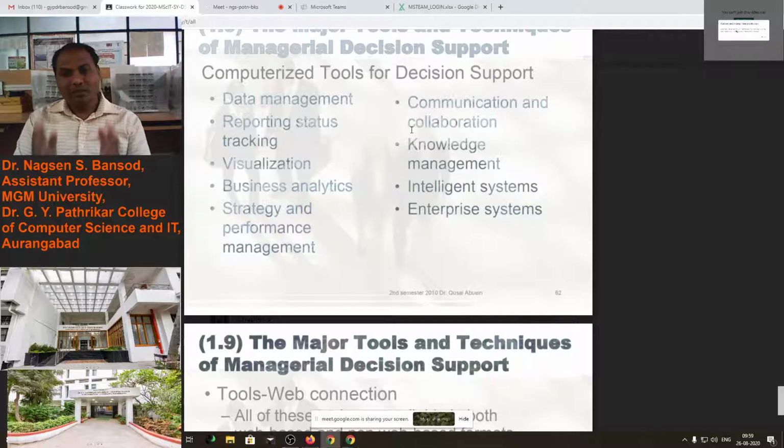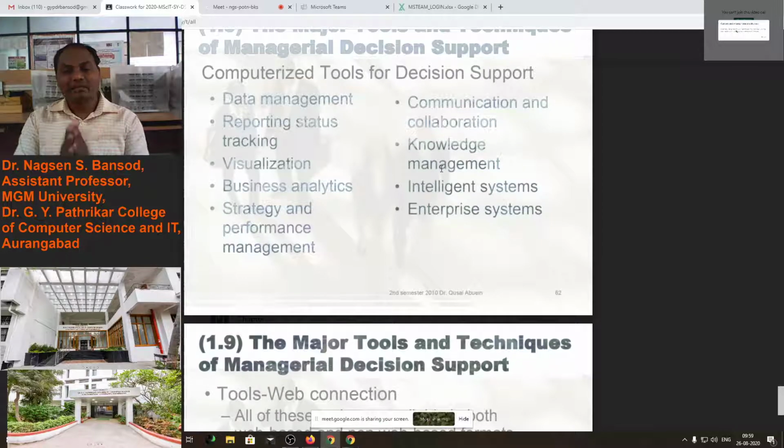So communication tools are required, like WhatsApp, Microsoft Teams, and we can use our own communication tools like Gmail, like WhatsApp.